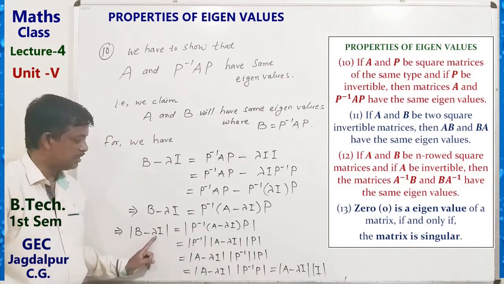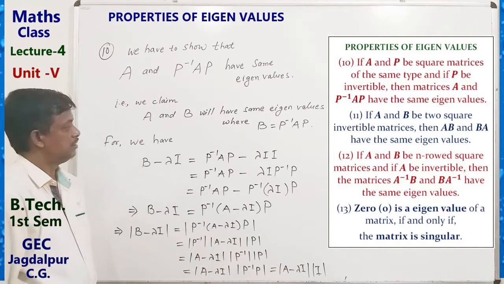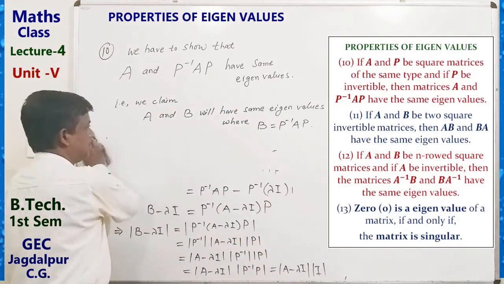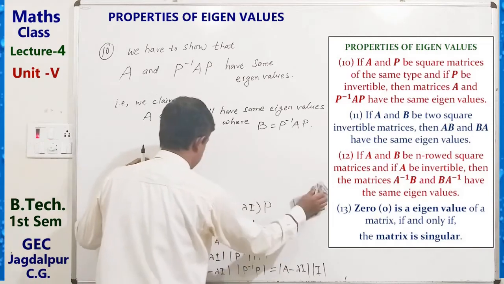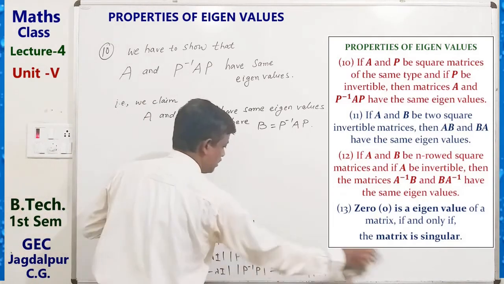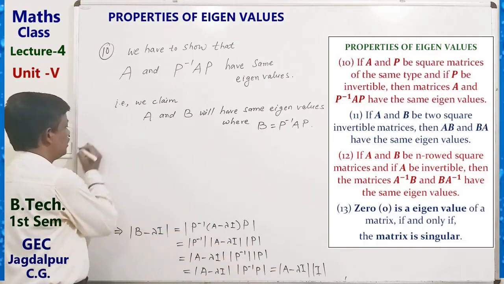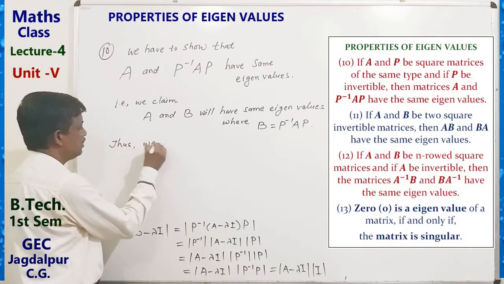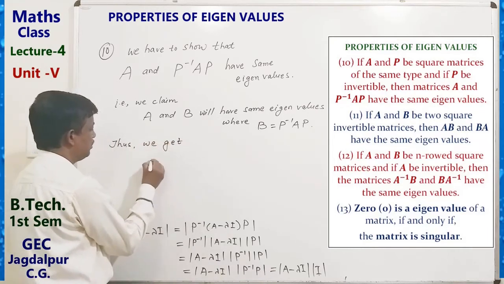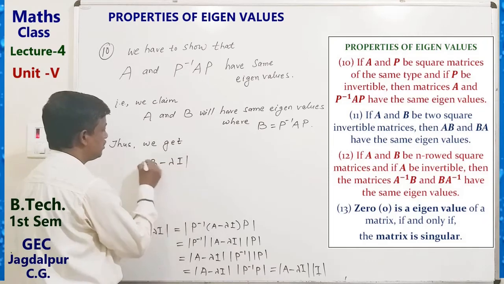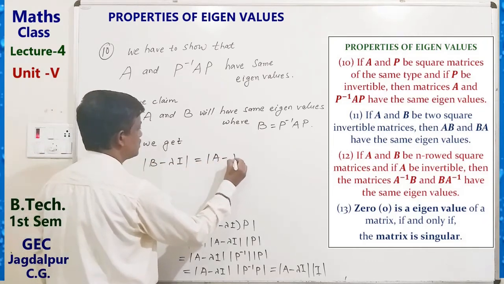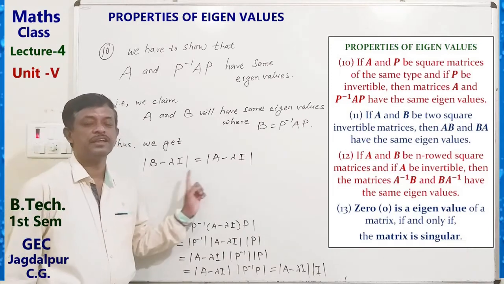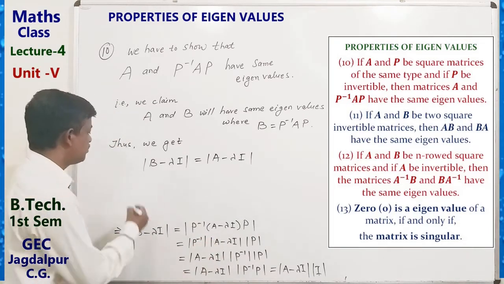So B minus lambda I determinant equals A minus lambda I determinant. That is, characteristic polynomial of B and A are same, which implies